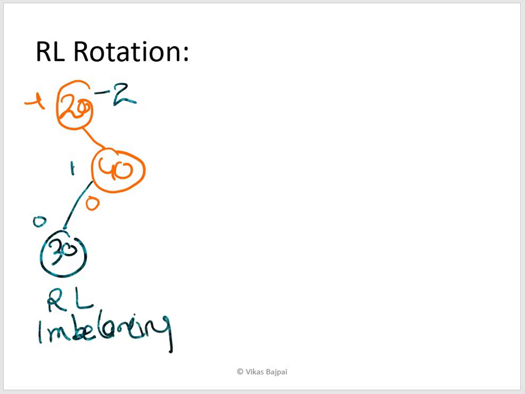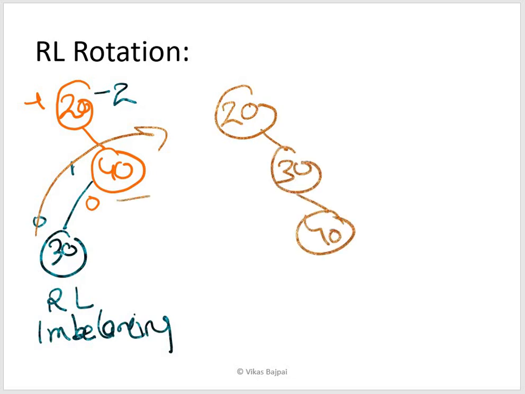For this I'm going to go ahead with a two-step rotation, initially going for this. So I'll get something like this: 20, 30 and 40.